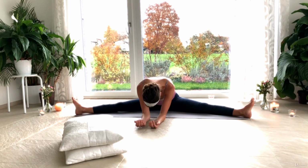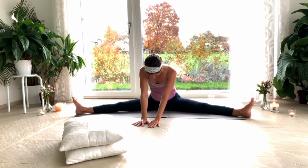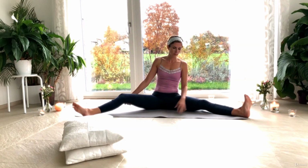Wherever you are, slowly start to come up to sitting with the tall spine. Take your right hand outside your right thigh and glide your leg over to meet the left. Sit in the middle of your mat and then slowly glide down onto your back, lifting your feet straight up